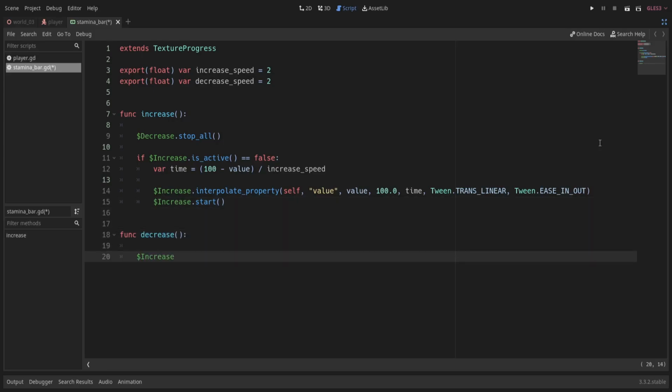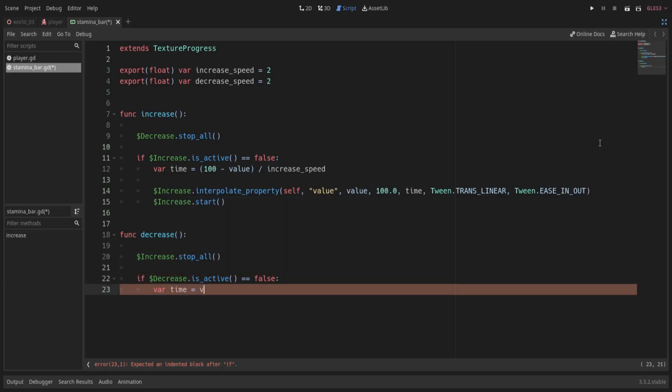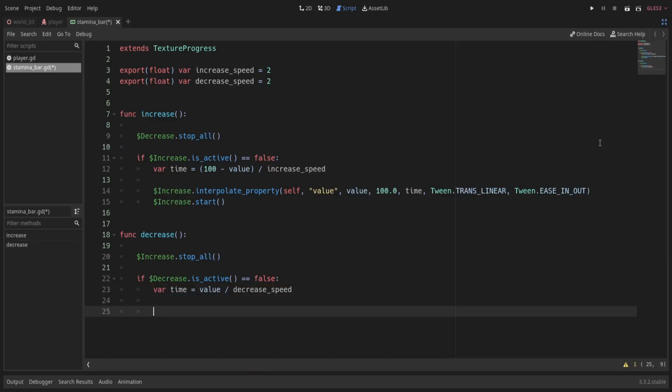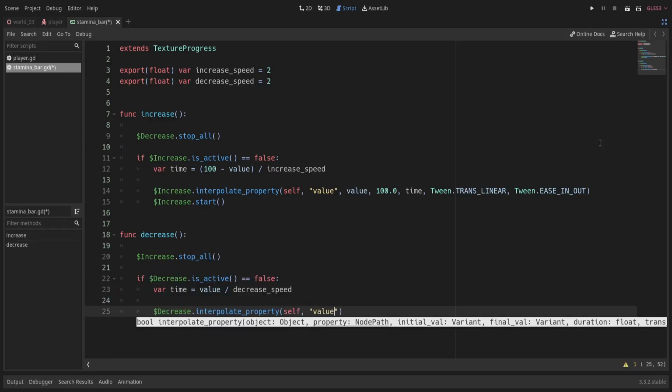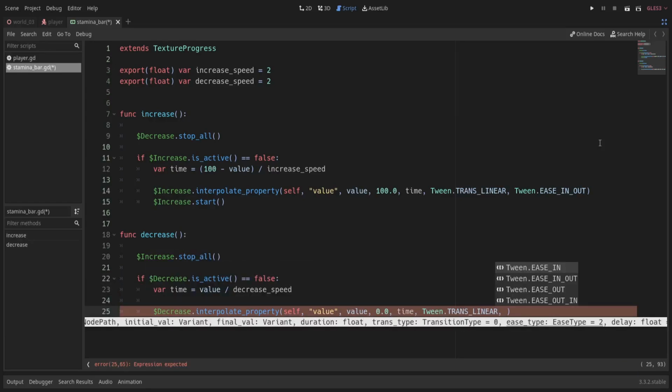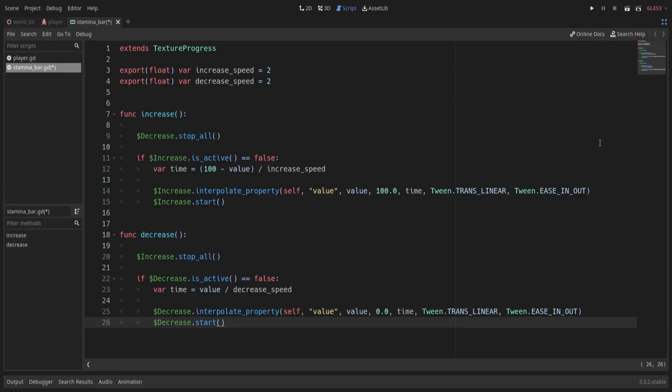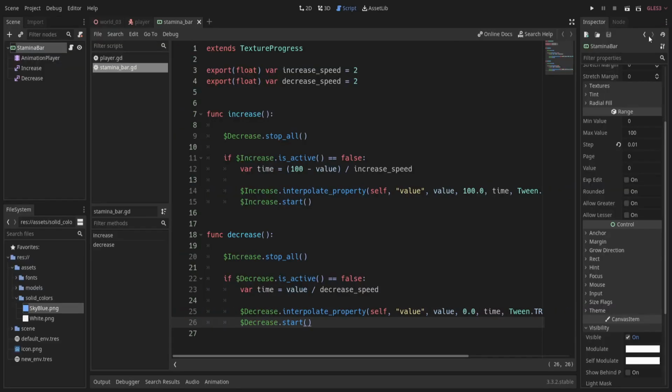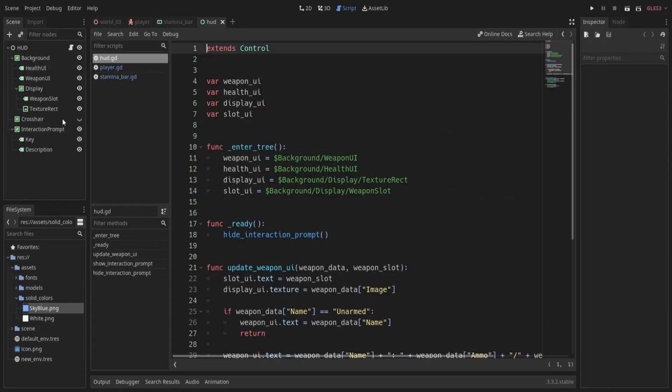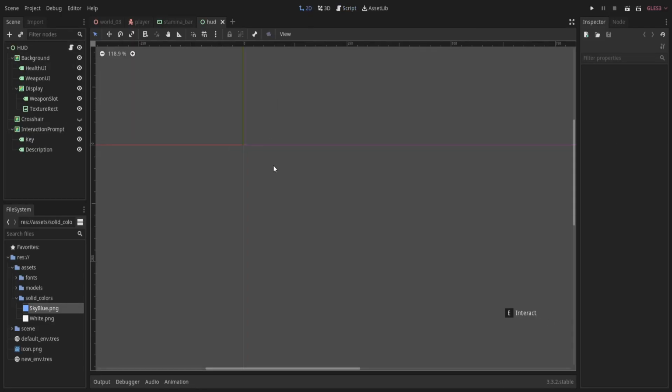We do the same exact thing with decrease function, with the only change in distance value. Now add stamina bar inside the HUD node.